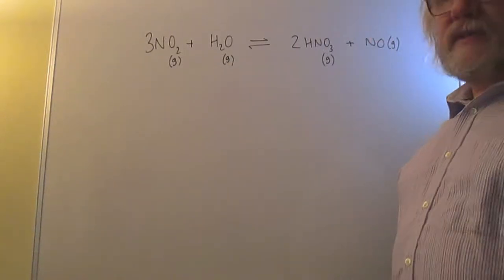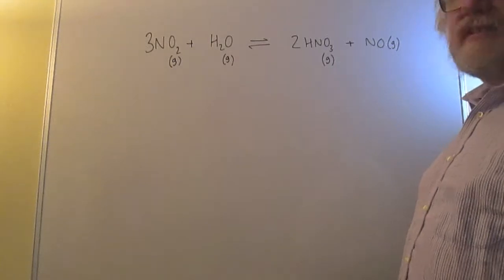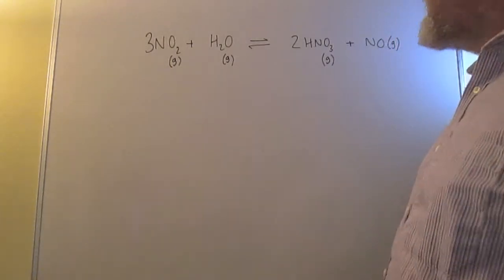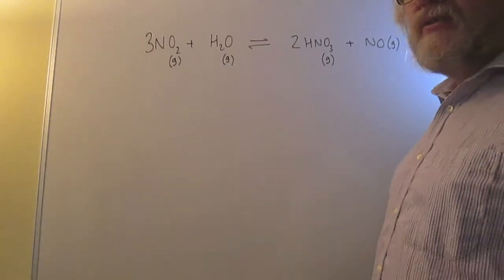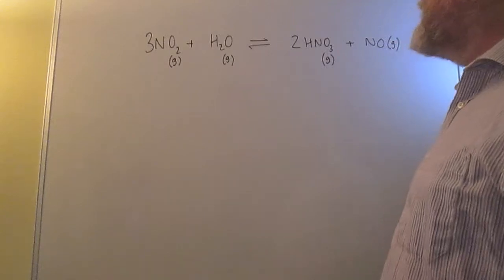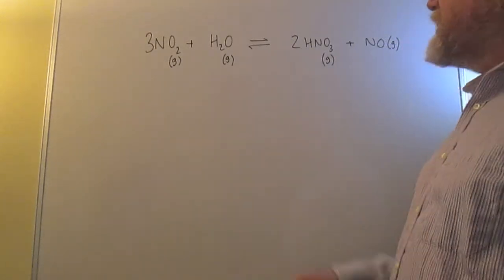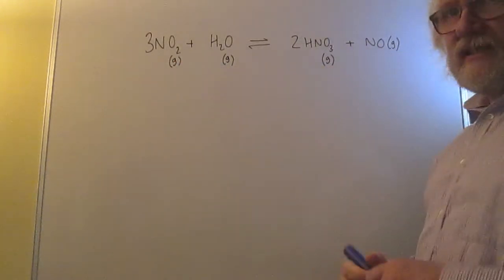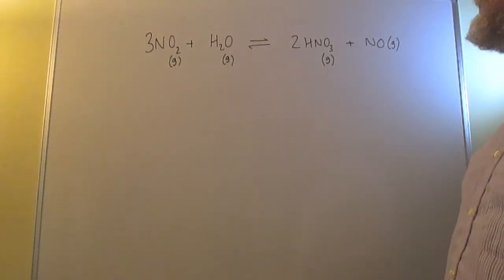So question 1 opens simply with a request to give the Kp for this expression. So easy question, but just be careful. First of all, make sure it's Kp, not Kc, so no concentrations. That means no square brackets, otherwise it's confusing. And just check that it's a simple homogeneous equilibrium, so you can see all of the state symbols are gaseous, so it's just a mixture of gases, so there's nothing that needs to be left out, as there would be